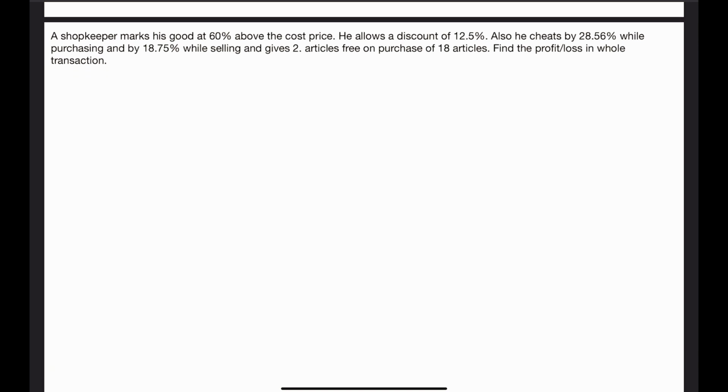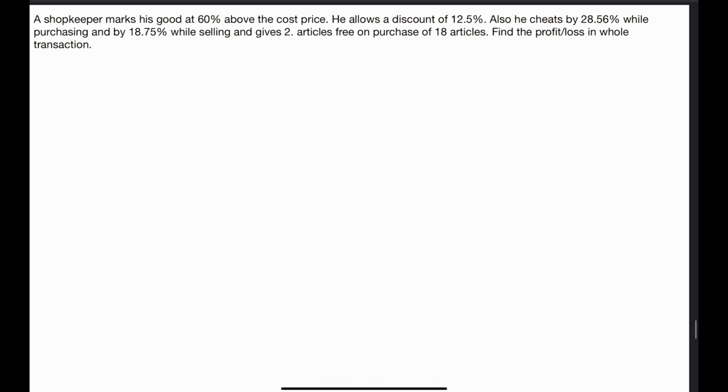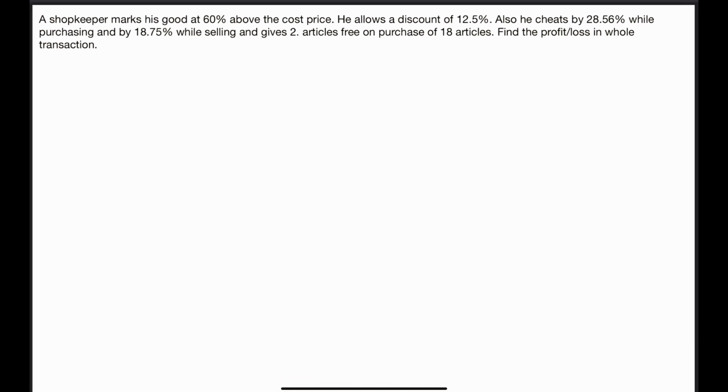Let's solve this question. A shopkeeper marks his goods at 60% above the cost price. He allows a discount of 12.5%. He also cheats by 28.56% while purchasing and by 18.75% while selling, and gives 2 articles free on the purchase of 18 articles. Find the, okay, so the solution will be selling price will be